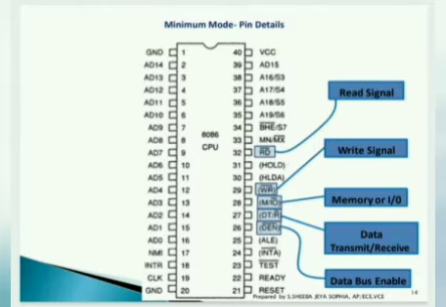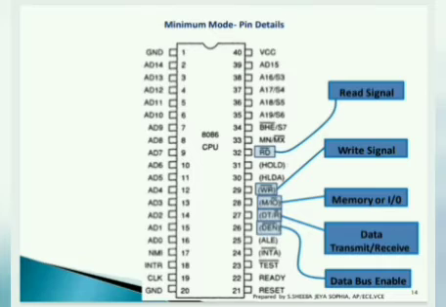So based on the 33rd pin, whether you are giving the input to this pin or not giving the input, it decides whether your processor acts in minimum mode or maximum mode. Why? Because MN is a normal pin. If you are giving supply, it will be active. If you see MX, there is a bar given above this representation, MX bar. It represents the complement. That is, if you are giving the input, it will act as minimum mode. If you are not giving the input, only at the value of 0, it will be giving the output.